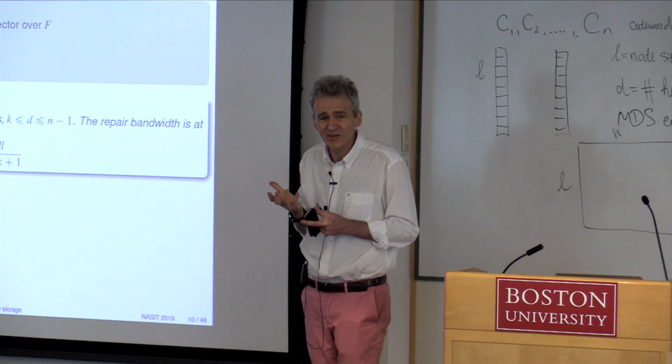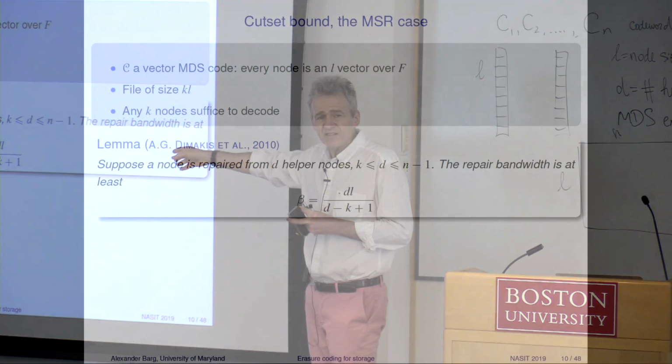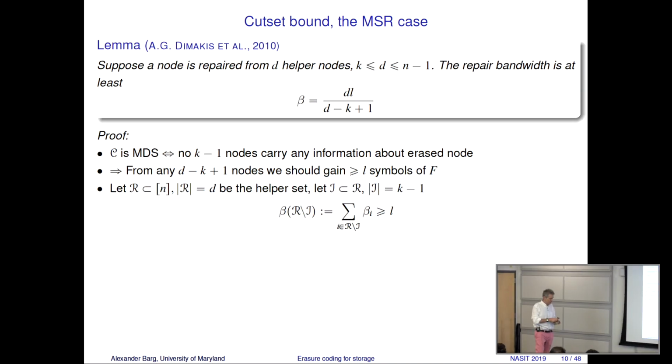We can look at fewer, download a smaller amount of symbols. This right-hand side of the cut-set bound is a decreasing function of d, and so the minimum is attained when d is n minus 1: all of the nodes that are still available, and that is the smallest. So the observation is, we are allowed to look at all the coordinates of the codeword, but overall we carry much less information than looking at k coordinates. It's not something we knew before this work. All right? So let's prove this. The proof goes as follows. The code is MDS.